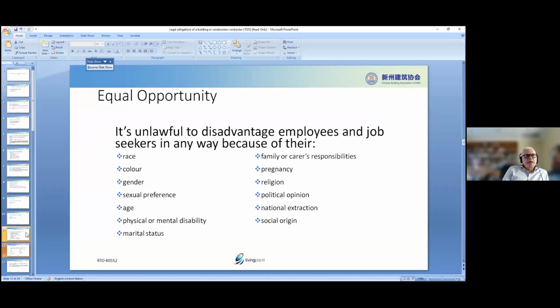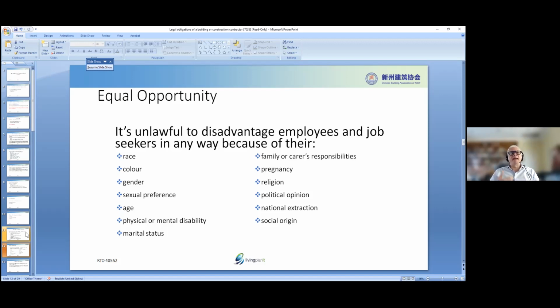Okay, the other thing that we have to consider, so we're a builder now and we're employing people, so you have all these responsibilities. If you are working by yourself, you don't have to consider any of this, right? But if you are employing other people, these are the things you must consider. Okay, so you have to be an equal opportunity employer. You cannot say, I'm not going to employ you because you are Chinese or you are Australian or you are Lebanese or whatever you are. I cannot use that, okay?